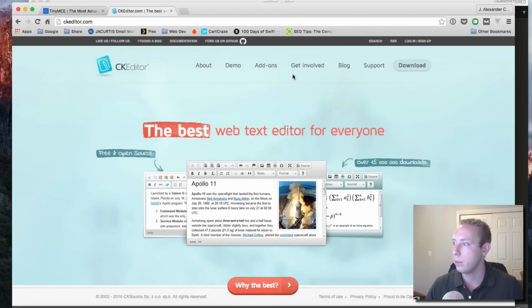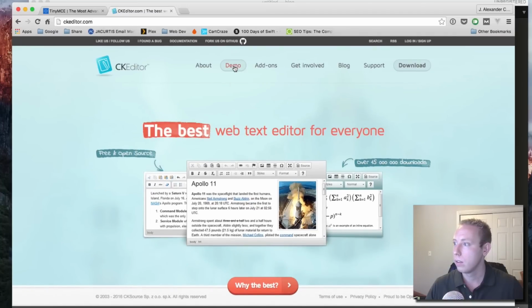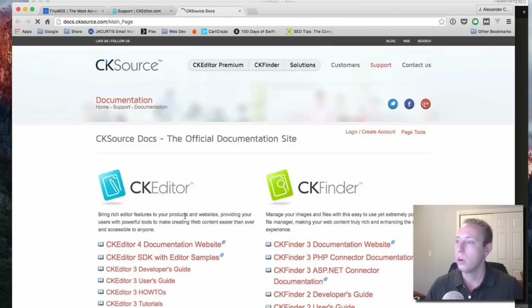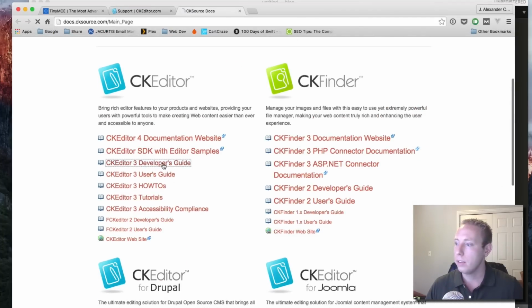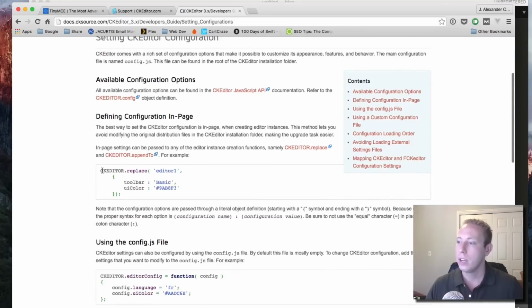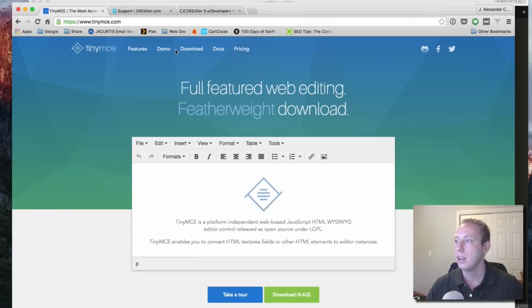So for example, let's see if we can find it here. Where's their documentation? Support, documentation. Okay. So basically the difference is going to come in when you're setting up the configuration. So here you use CKEditor and you replace. So it's slightly different syntax. You have toolbar, you have UI color. See how these configuration options are a little different. Whereas with TinyMCE, you're going to have